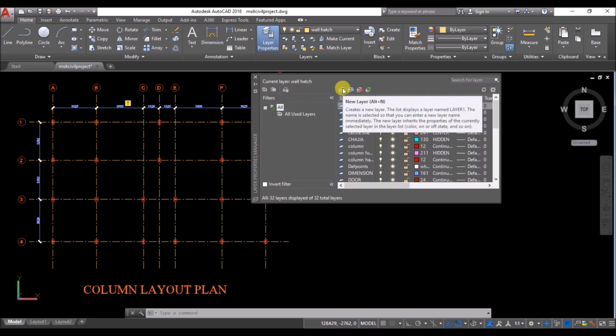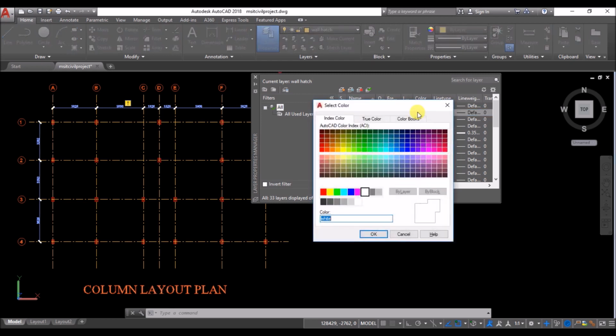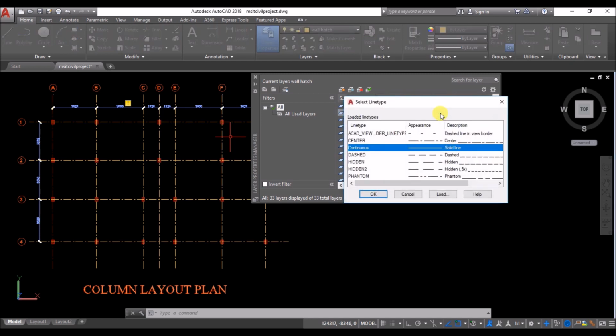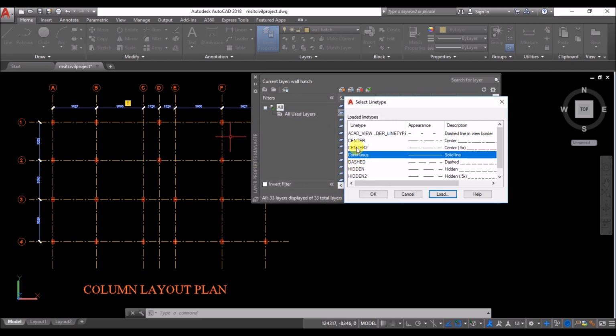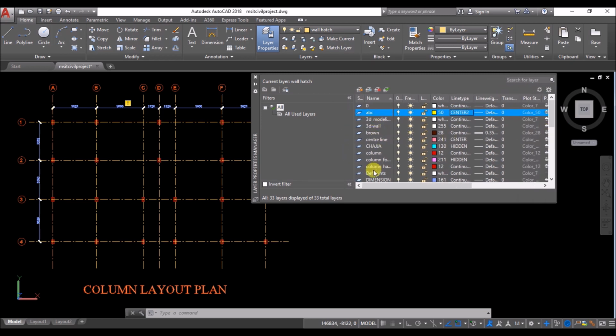Click on this new layer icon, name it, assign a color to it, and to change the line type, suppose I want a center line or maybe a hidden line, just click on the continuous option, then click on load, select the line type you want, then click on OK, select it, click on OK again, and the line type is assigned to the layer. So in this way, create all the layers as shown.